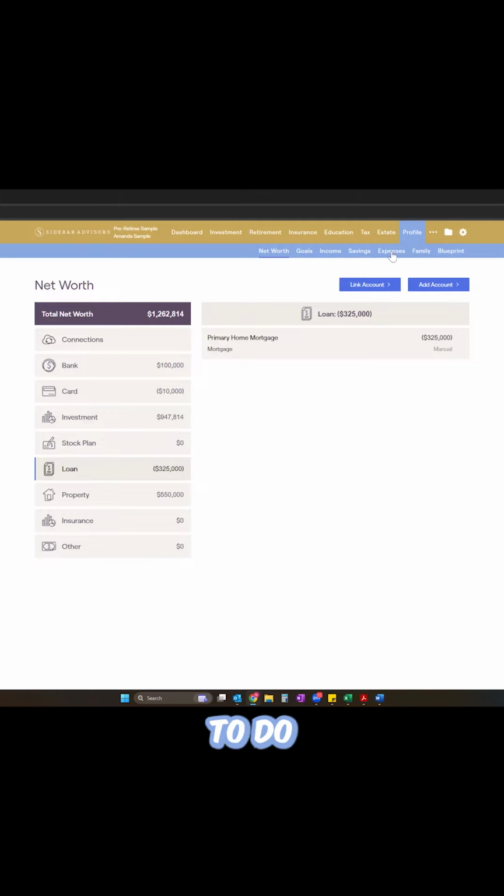The other thing that we're going to do with our clients during an initial meeting is figure out what their expenses are, and we enter it into the software. This is important for a few reasons. Number one is we want to understand how much money is left over at the end of the month to dedicate towards the goals. Number two, a lot of times people want to know whether or not they're on track